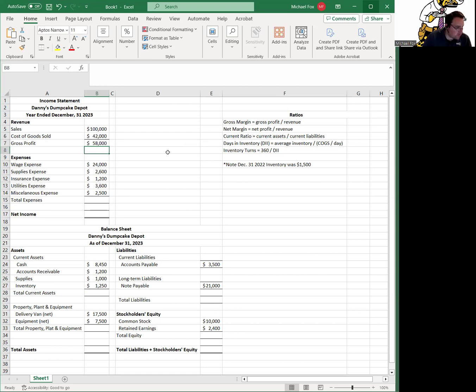So again, if you've done this before with Excel, pretty easy, right? Like this is easy stuff. But for people who've never done it, it can seem pretty confusing. So for total expenses, I could hit an equal sign and then just click this cell plus this cell plus this cell plus this cell plus this cell,